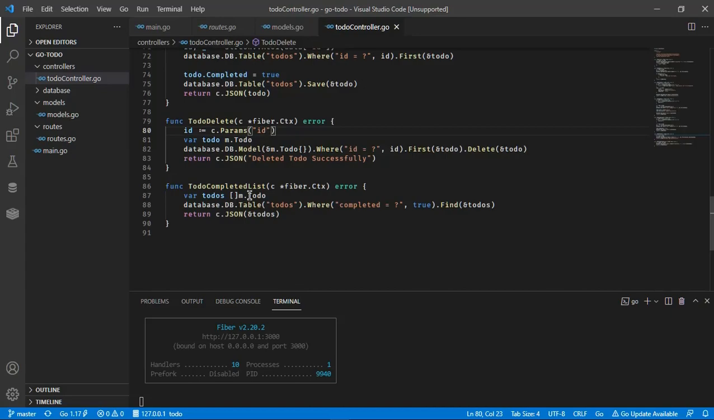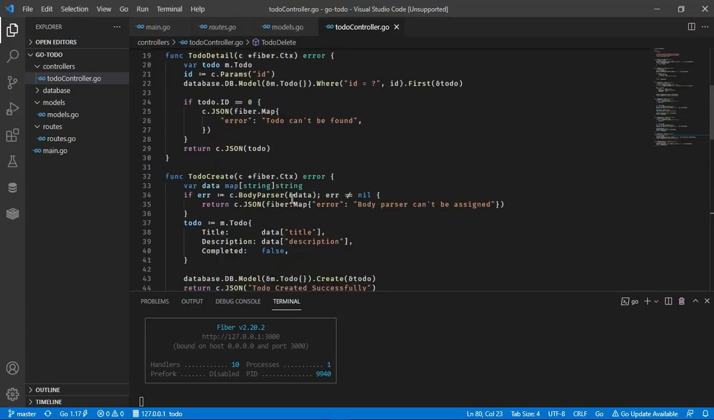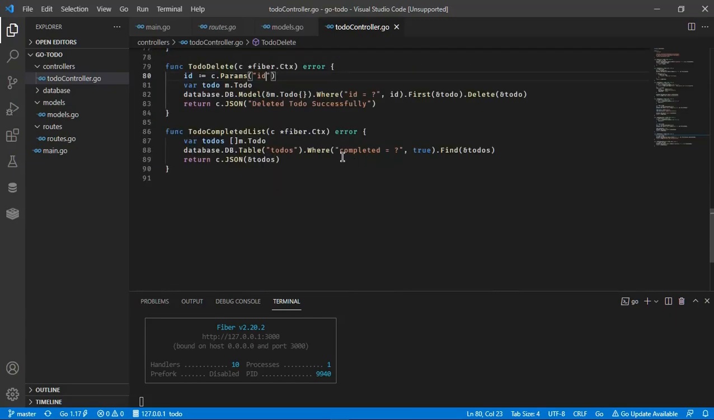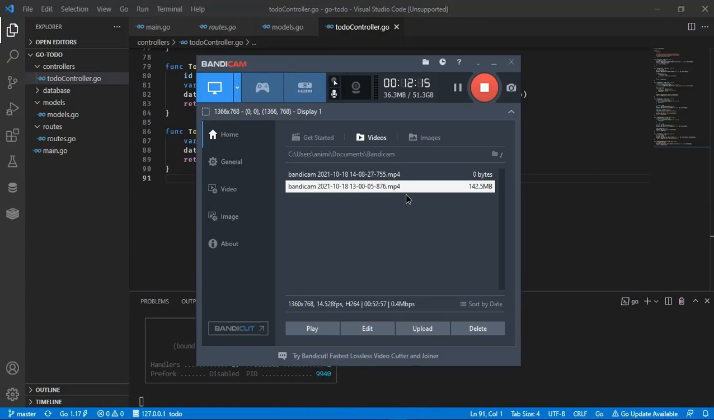So in to-do completed list, it is almost similar to to-do list right here, just where completed equals to true, we are returning the completed list of this, and that's all. That's completed. Our backend is 100% completed,